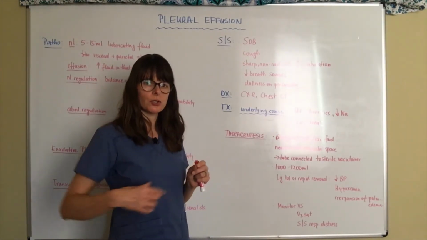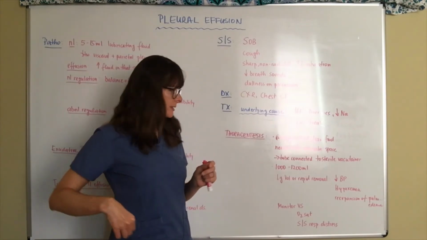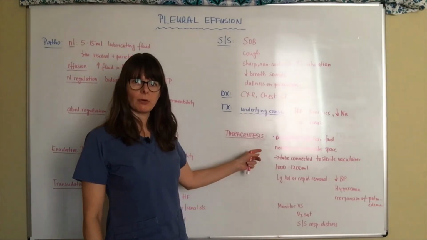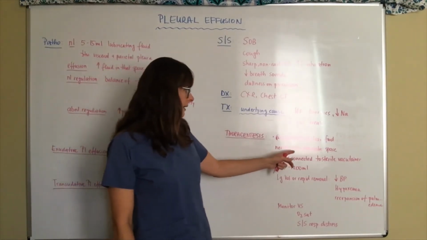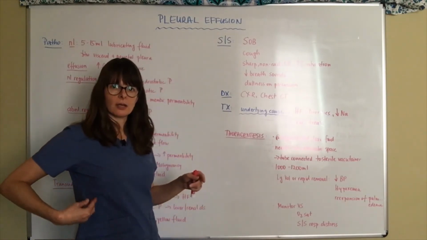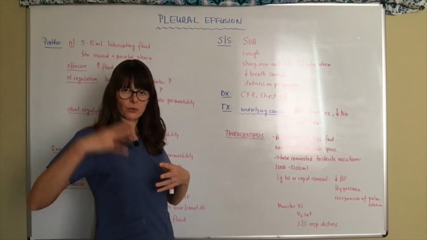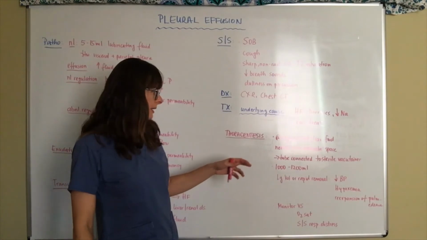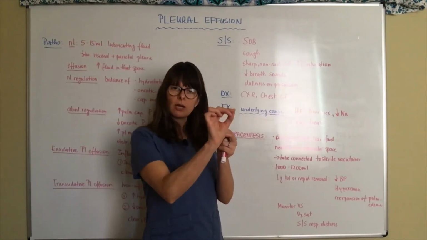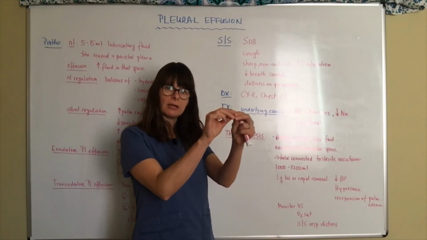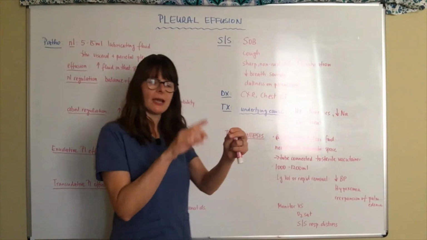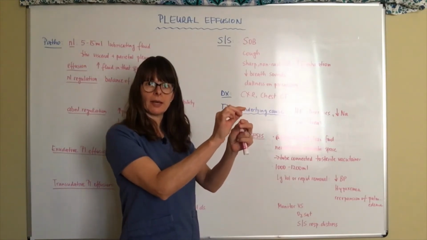So in order to get the needle in the right spot, first of all, they'll numb the patient up with some local lidocaine. And then they will insert the needle into the intercostal space. Again, usually it's on the lower lungs because fluid will usually settle down with gravity. And then there's a tube, so basically they'll use that needle to guide that tube into the right space, and then they'll withdraw that needle just like in an IV insertion, and the tube will remain in that pleural